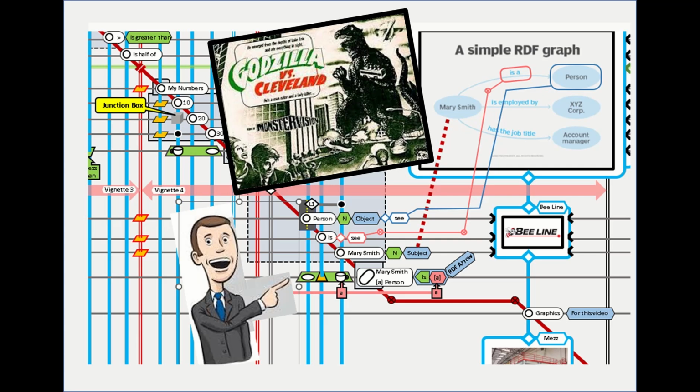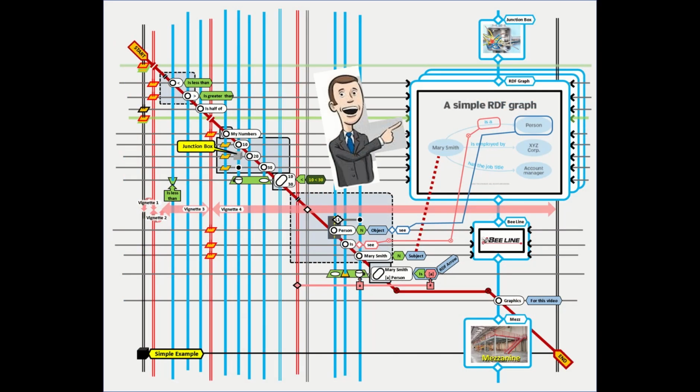For whatever method one might choose to employ so as to convey some model or concept, such as here using the RDF graph, UniML can import, or one might say gobble up, that very same method, that is, its graphical representation, into UniML as a swim lane island, then link that, or any of its components, to any number of white pearls on the UniML string, here as a beeline, which consists of one straight line with no bends, and hence no routing is required, which can be employed to connect any object on any graphics so gobbled up and then imported into the UniML model as a swim lane island, to any white pearl on a string,